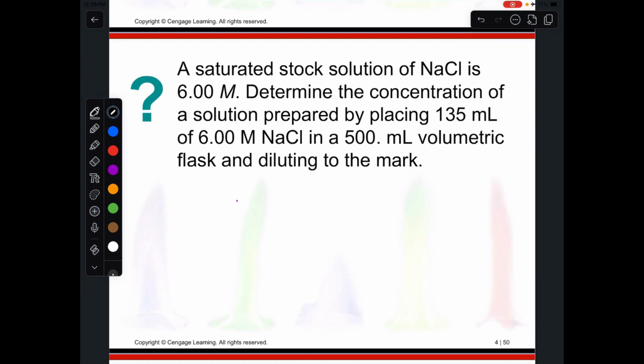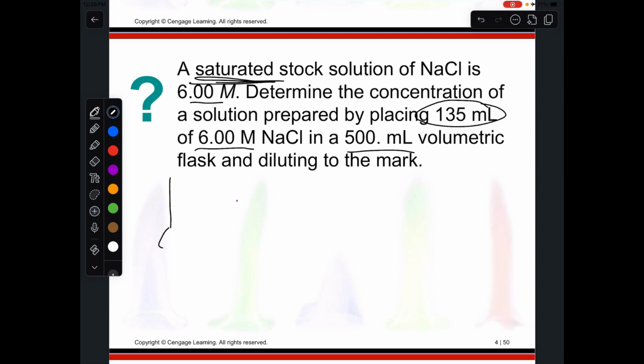Let's go ahead and do an example here. We have a saturated stock. In case you don't know, that term stock usually means the original solution container. A saturated just means that it is completely dissolved in there. So a saturated stock of NaCl is 6 molarity. That's a pretty strong stock solution. And we're trying to figure out the concentration when we take 135 mL of this out and put it into